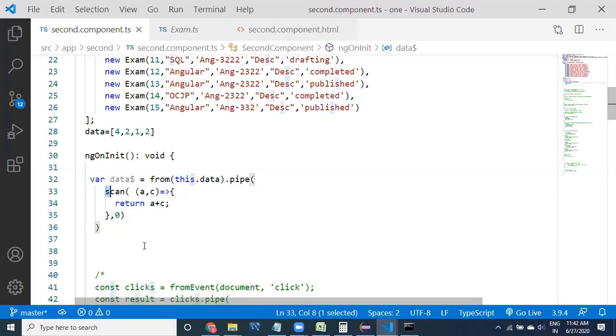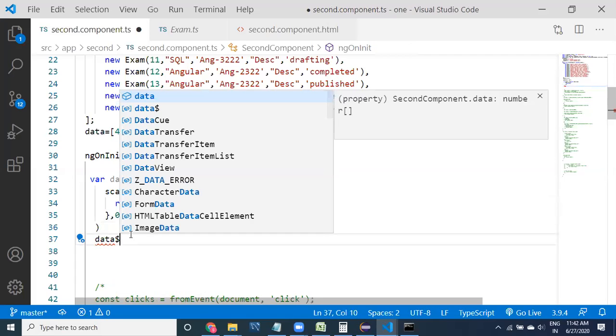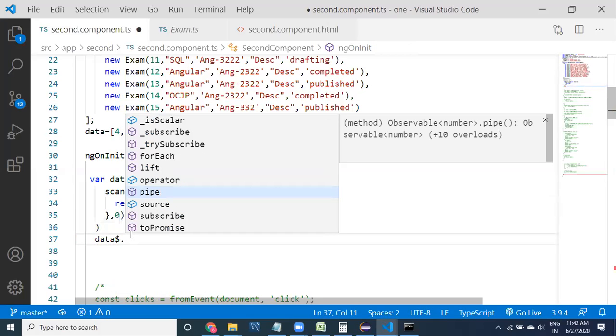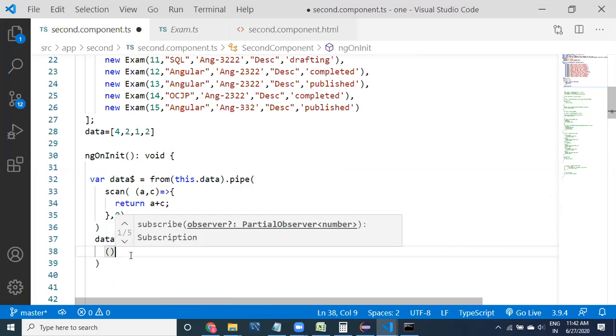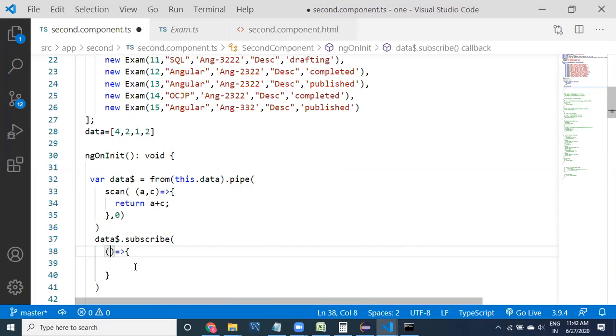Scan, pipe, coming to here, scan, and then what I can do is data.subscribe. Okay, now